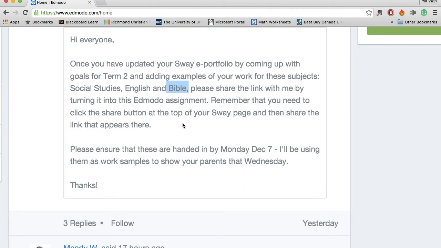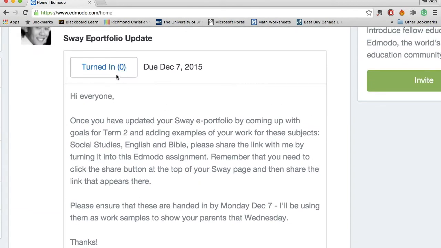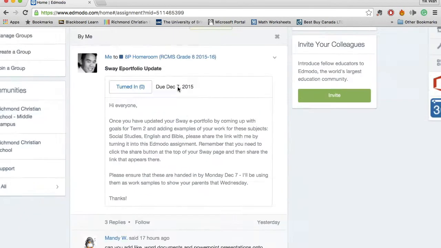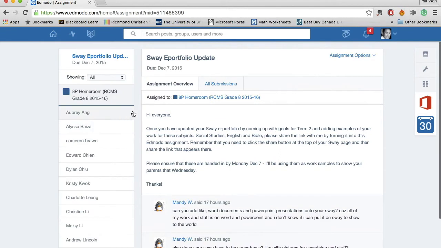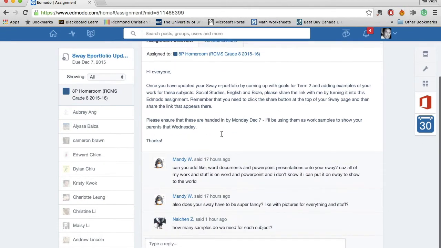Again, you don't necessarily need to include your entire journal if you don't feel comfortable sharing it. However, you should include at least a portion of it that you think best represents your learning. When you have updated your Sway, you click Turn In, and hopefully the internet will work. Yay, there it did. When you turn it in, you'll just submit the link to your Sway